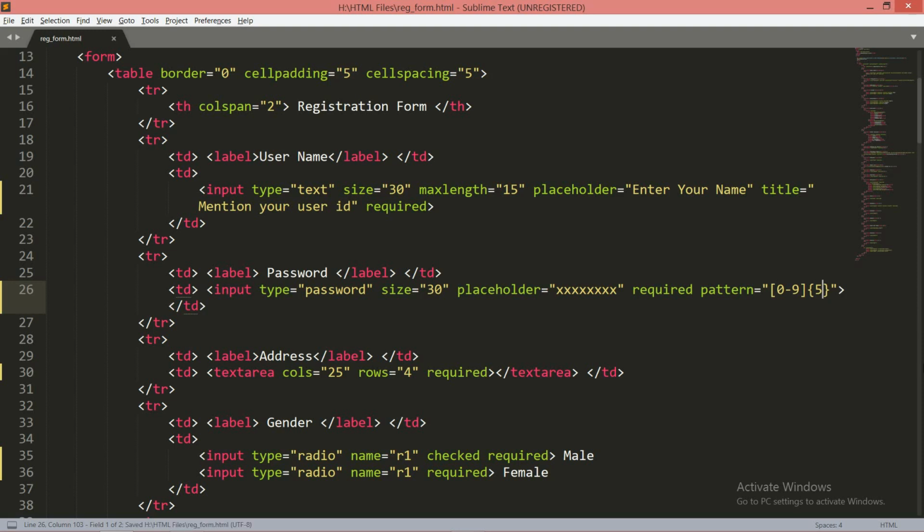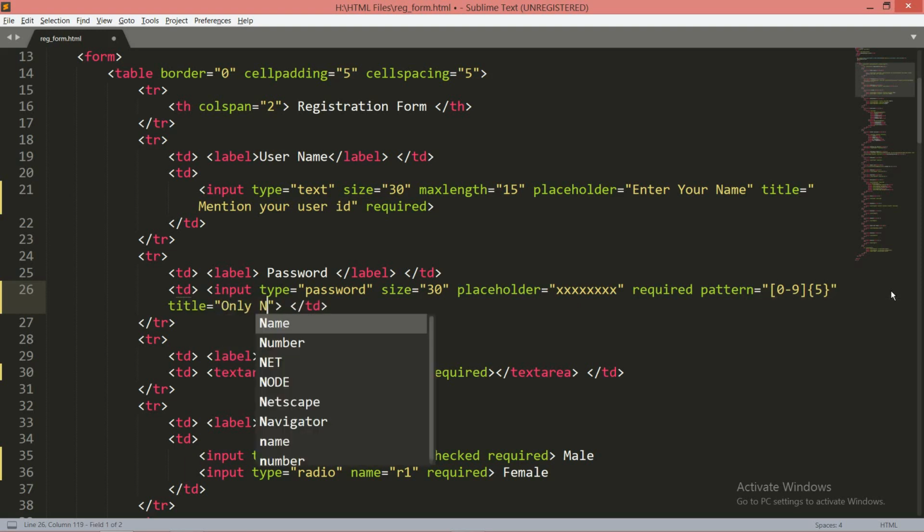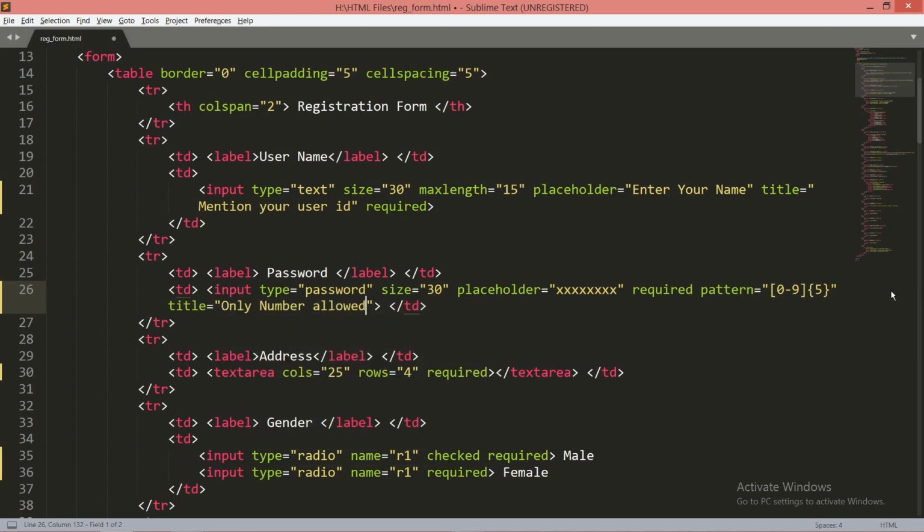It means your password should be 5 characters long, 5 digits. 0 to 9 are the digits which I want, and the length is 5. Now within the title I say only numbers allowed, no characters are allowed, 5 digits. This is a message which will be shown whenever the user inputs wrong.